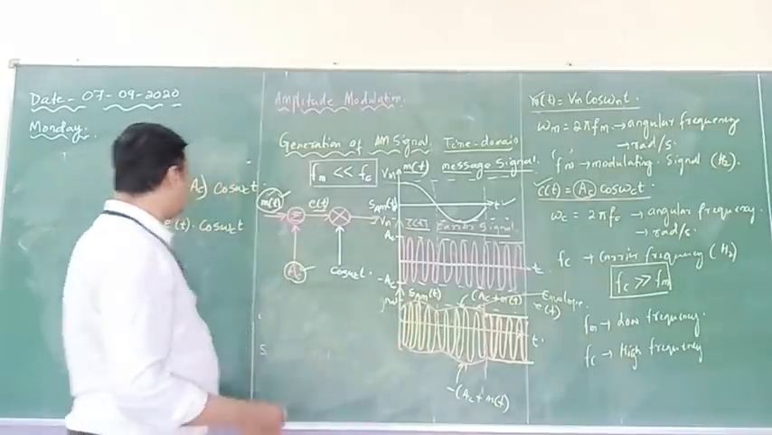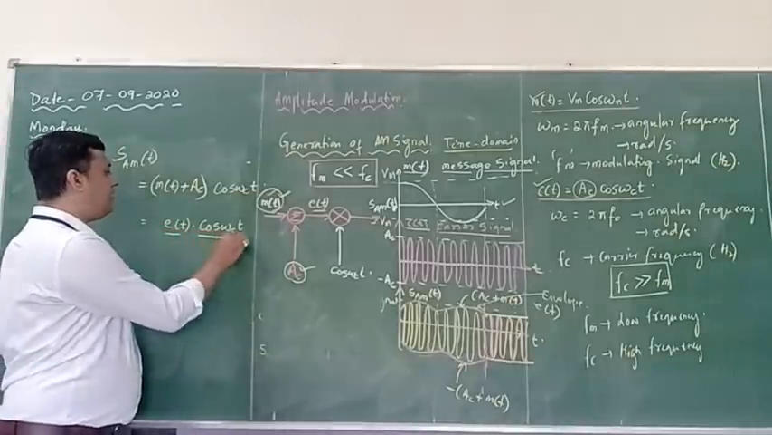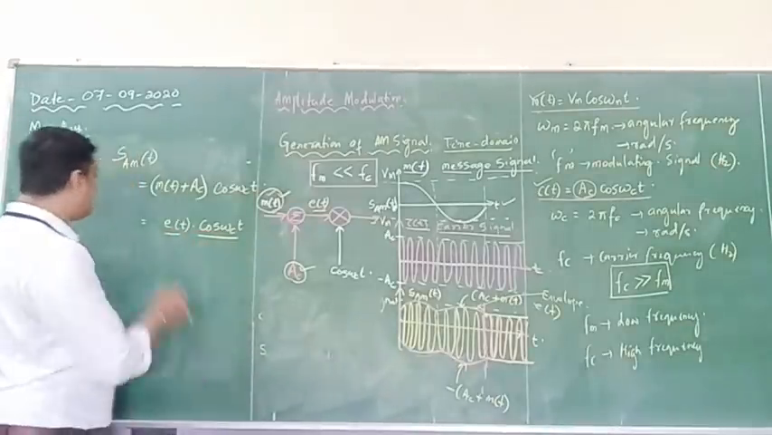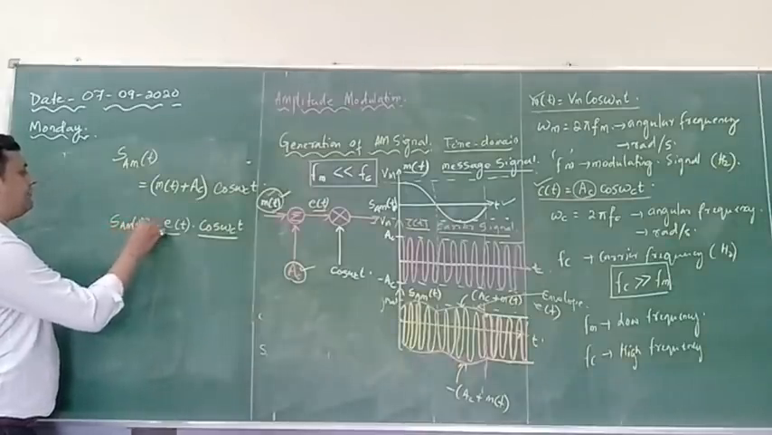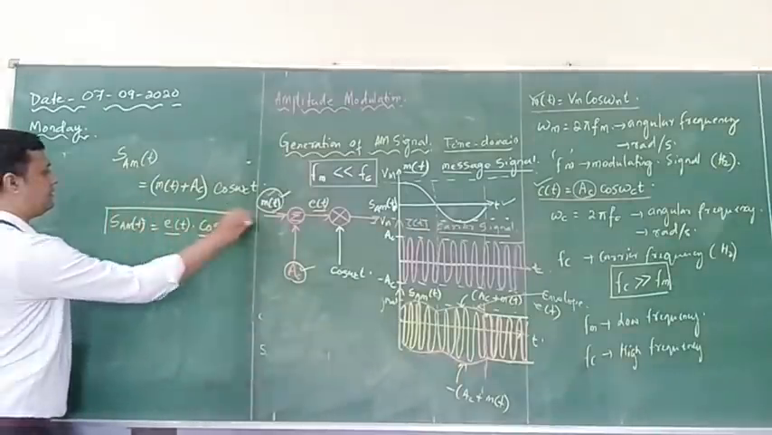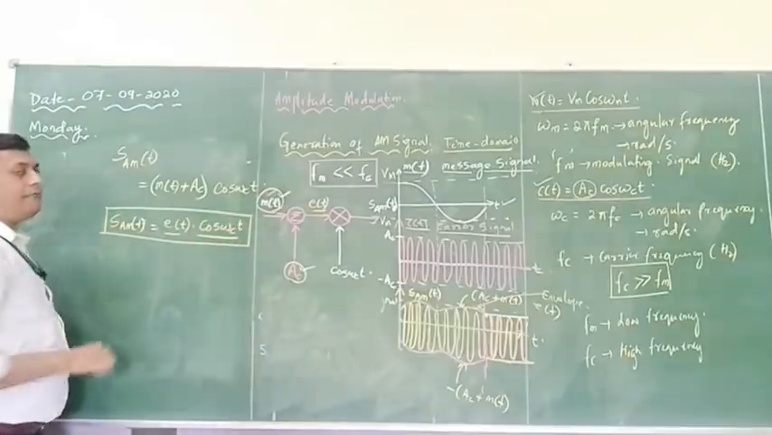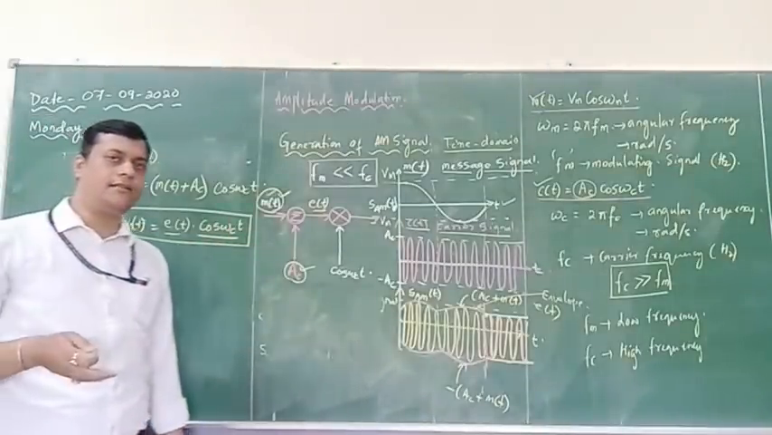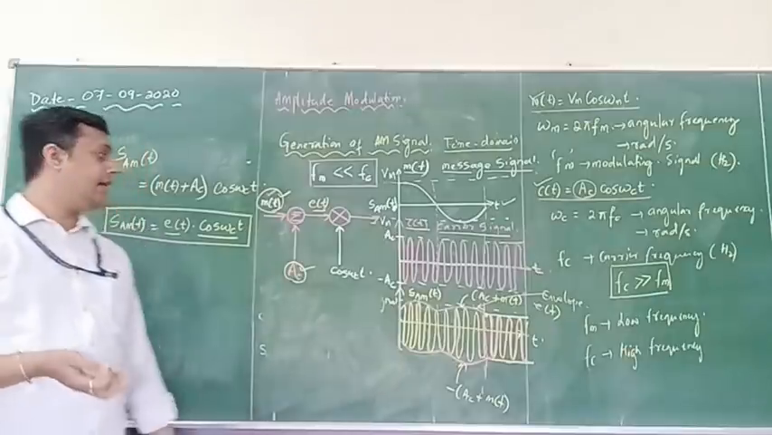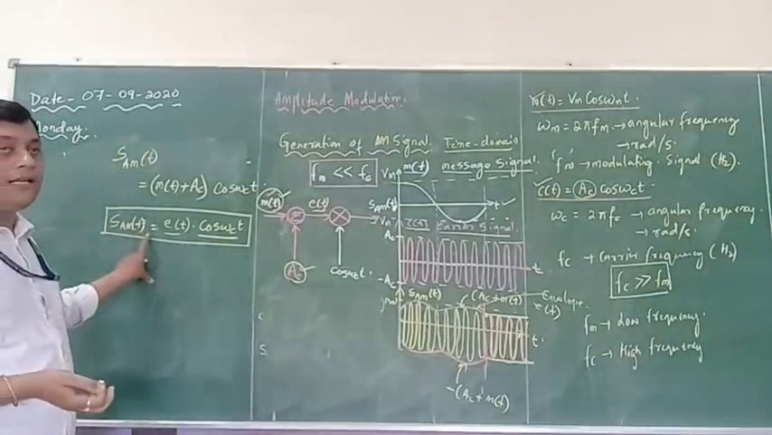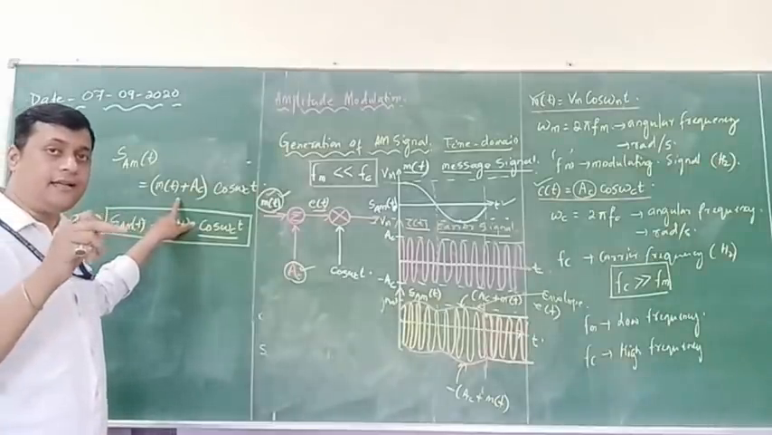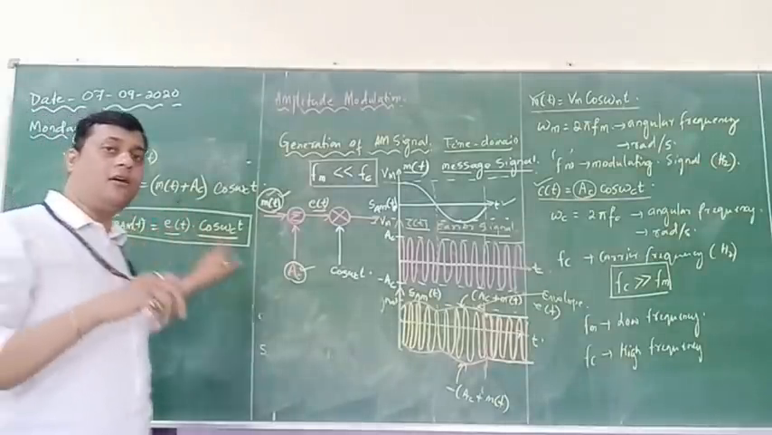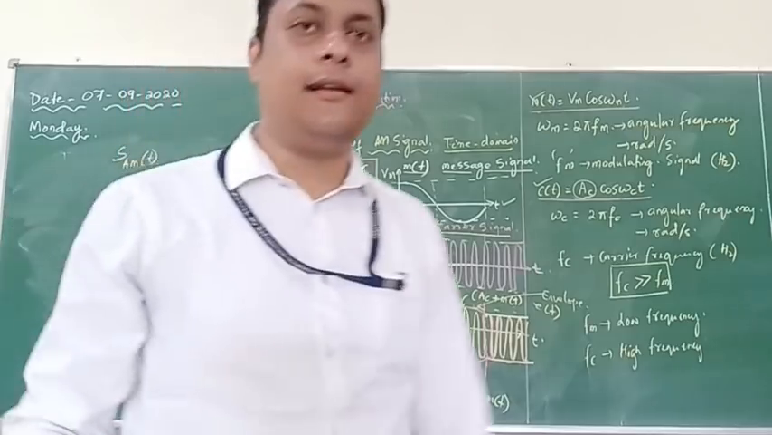Now here, E of t and cos omega ct. So the AM signal can also be represented in terms of the envelope relation. This is the basic general equation for an AM signal, in which the amplitude of a carrier is changed according to the variation of the modulating signal, through which